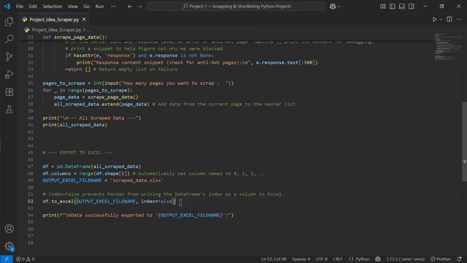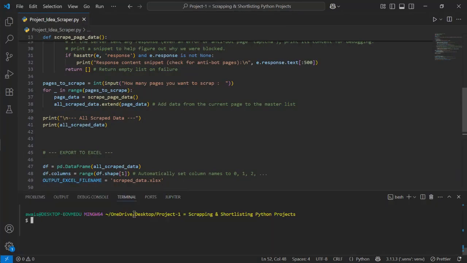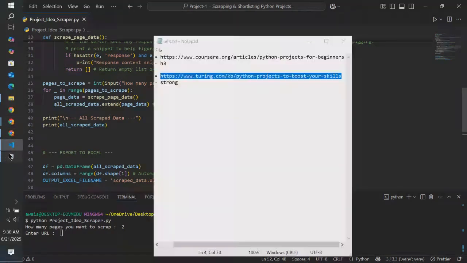So let's run this code once. To run this code, enter. As I told you, first this code will ask me how many pages I want to scrape. So I will enter two, because I want to scrape two web pages. Now, as I mentioned before, it will ask me to enter the URL of the page I want to scrape. So to enter the URL, I use this URL